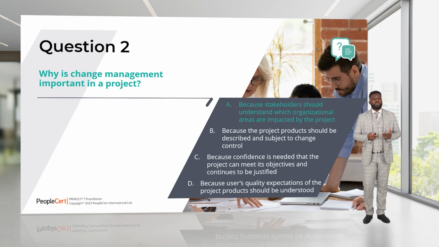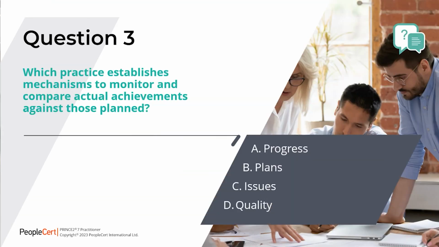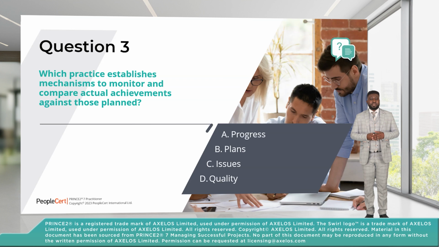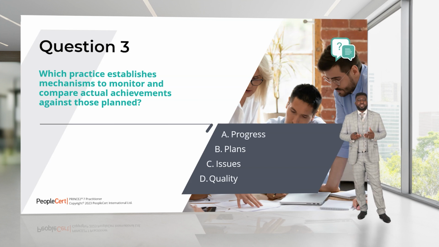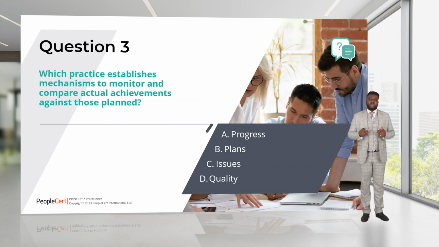So our answer would be A. Question number 3. Which practice establishes mechanism to monitor and compare actual achievement against those planned? A. Progress. B. Plans. C. Issues. D. Quality. When we're looking at the purpose of each of these practices, D says quality, and quality basically